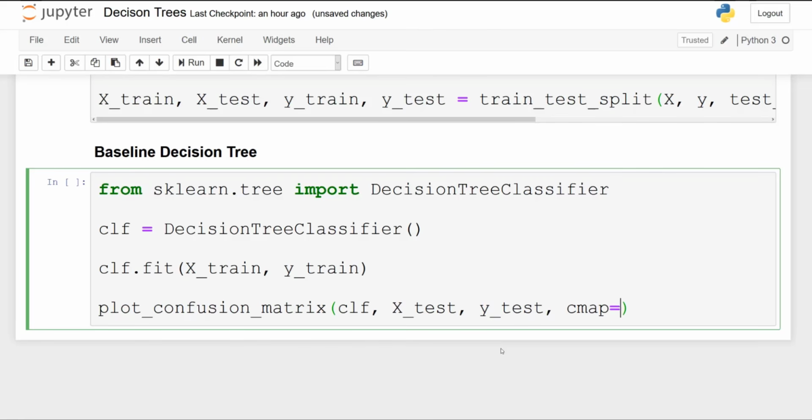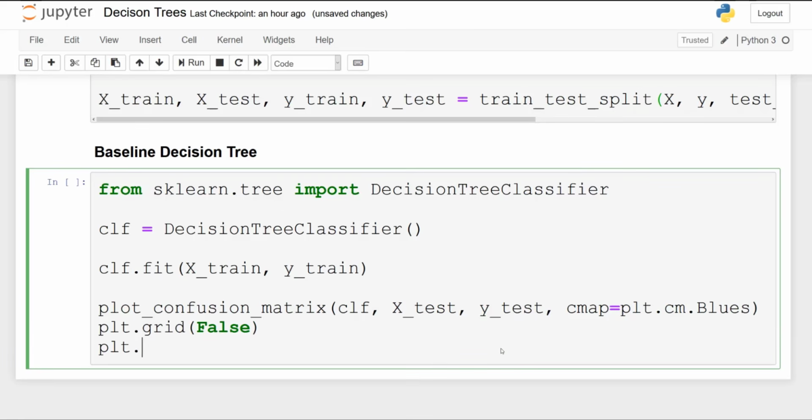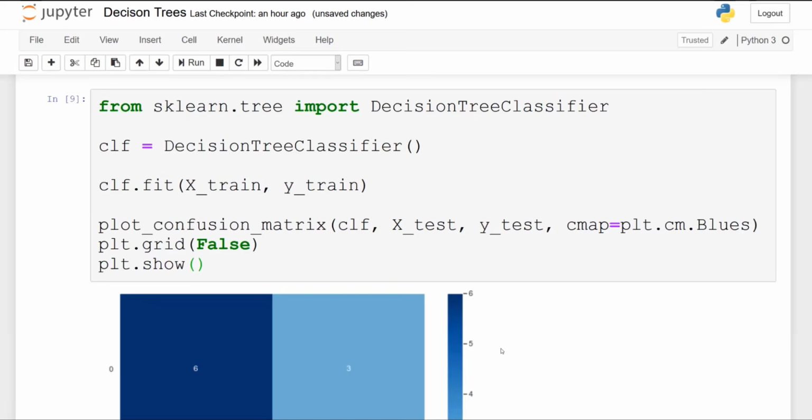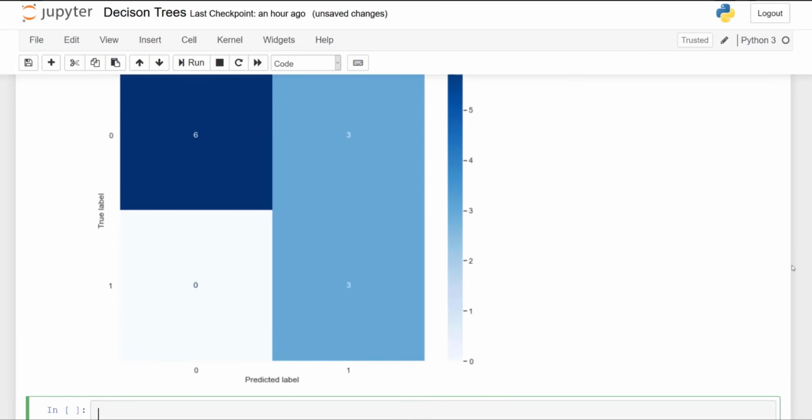So you pass in your classifier, xtest, ytest, and I will specify that I want blue colors in this case. So it's going to be a gradient of blue. I do not want the grid, and I want to show the plot. So as you can see, we get this confusion matrix, and you see that only 3 instances were misclassified in